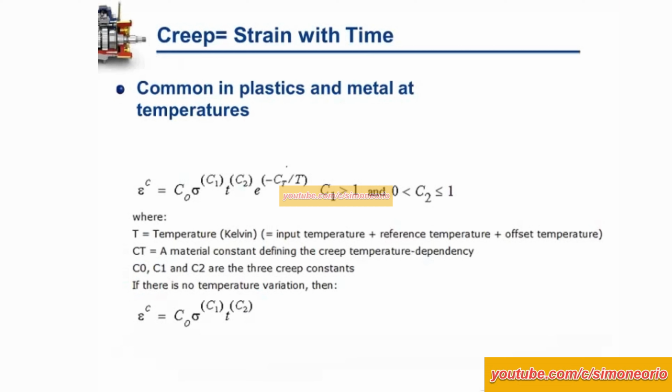And if we look at the non-temperature version of creep, we see that one is kind of an overall constant or a fudge factor. One of these constants is a function of the stress, and then the other constant is a function of time. And as I said, from physical test data, looking at strain over time, you can get these constants out, or you can work with your material supplier to see if they have that for you.